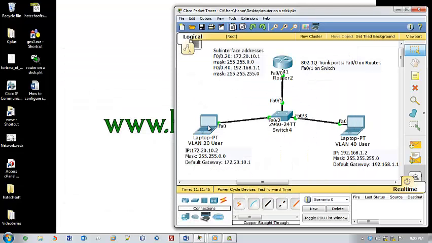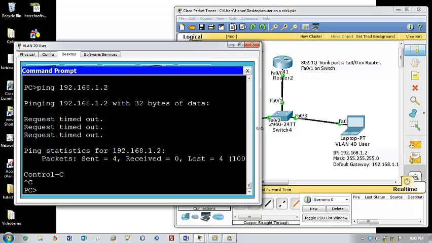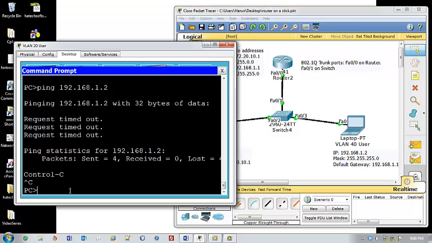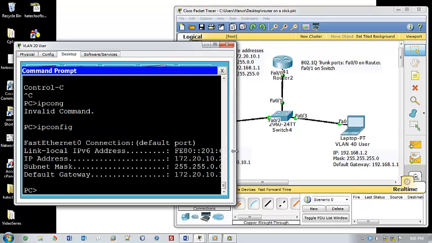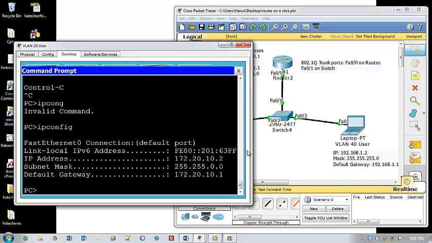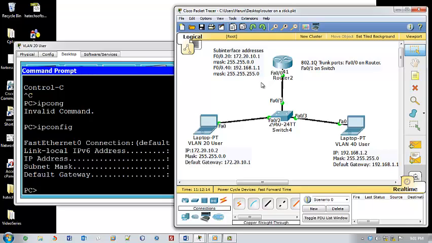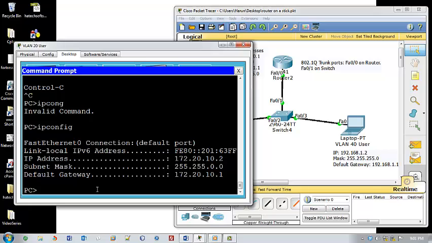On this client that's on VLAN 40, let's check our IP address again. That's the IP address of the PC. IP config. You can see that it has a default gateway of 172.20.10.1, which is the IP address that has been assigned to one of the logical interfaces, the sub interface on the router. So to check for connectivity again, we'll ping the IP address